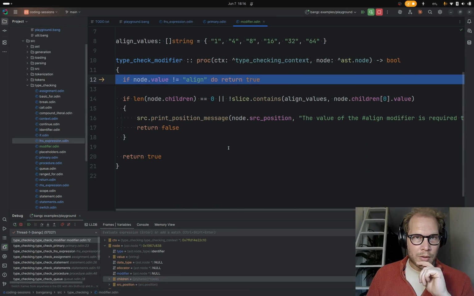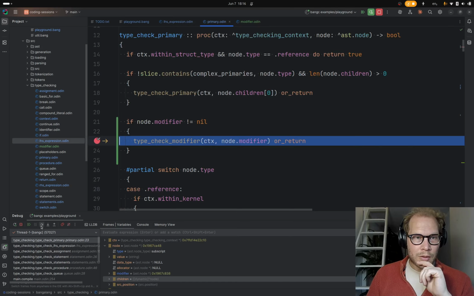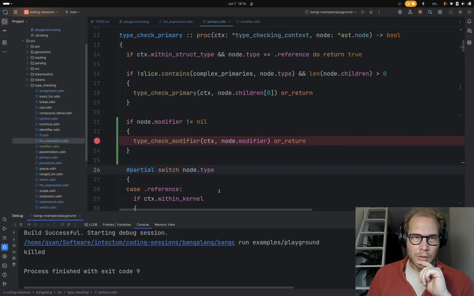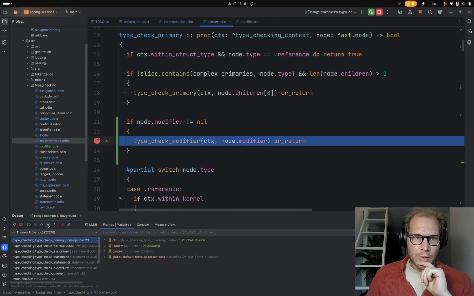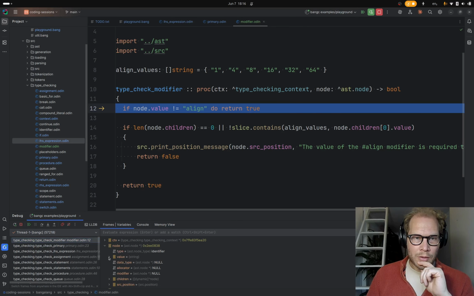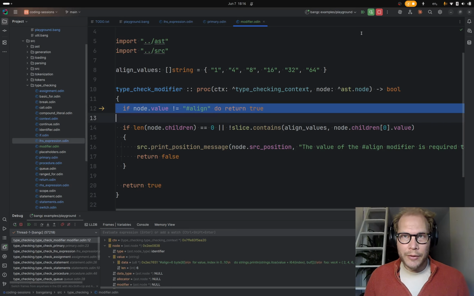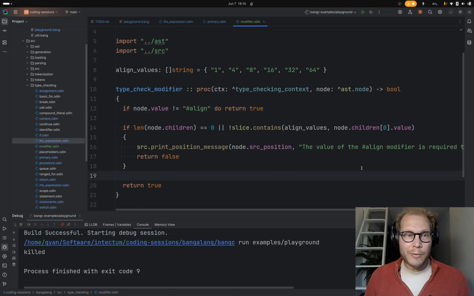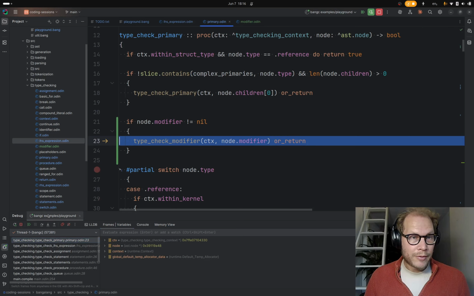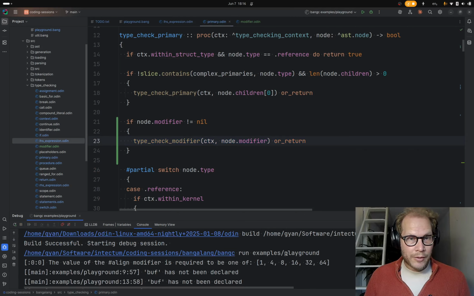We step in. Wait a minute. We step in. Hash align. Oh, it should be hash align. Lucky we do this testing. So now, yeah, the value of the align modifier is required to be 1 of, but we don't get the correct